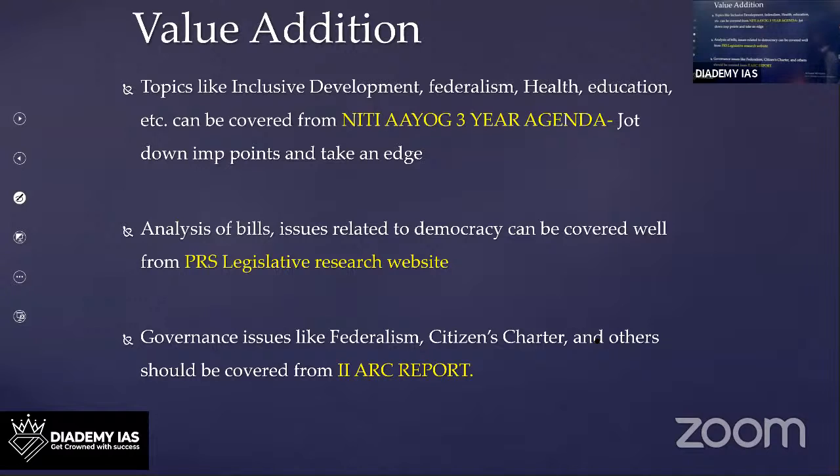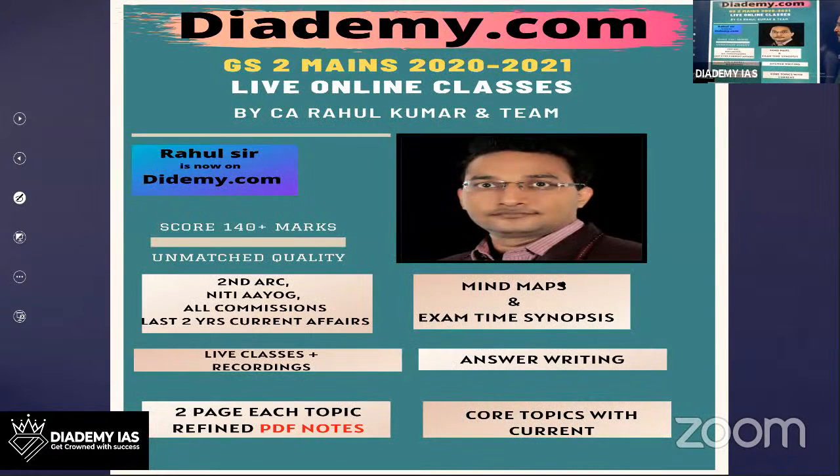Linking of international news to the dynamic changes in the world affairs, ये आपको रेगुलरली वर्क करना होगा। वैल्यू एडिशन करना होगा सेकेंड ARC से, नीति आयोग से, PRS वेबसाइट से, इन सब चीजों से, ठीक है। We have a separate course in the GS paper 2. You can go through this, and before that I will share with you how to maximize the marks in the GS paper 2 again, ठीक है।